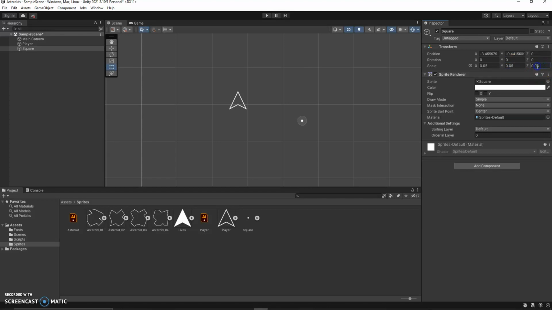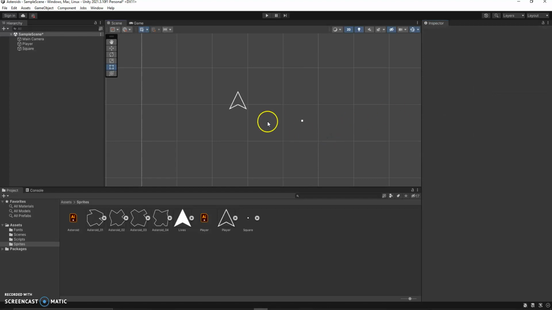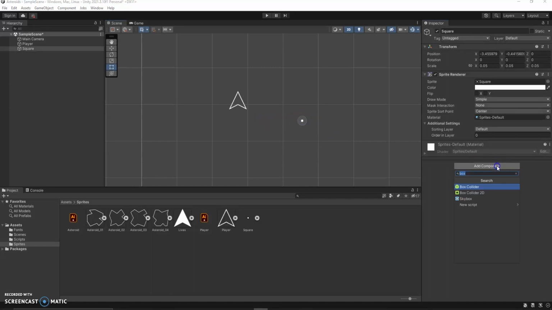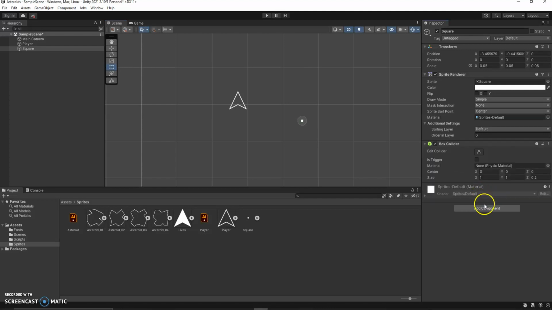Depends on your original scale, right? You're just going to make them to scale. So maybe something like that. That's not too bad. This little guy too, he's moving, so he'll need a rigid body and a box collider. Let's just do the box collider first because it's right there. I think I'll leave it as it is, and then I'll just add the rigid body